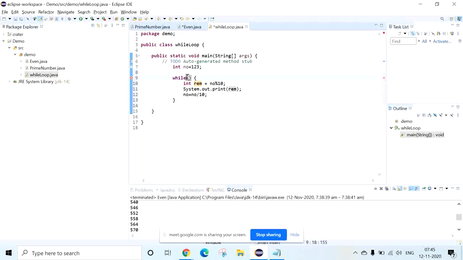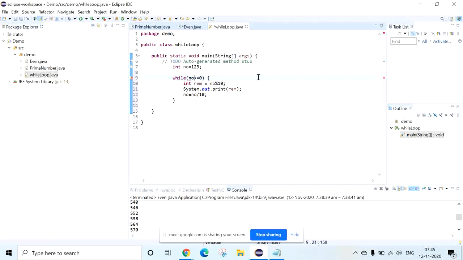Then when 1 is divided by 10, you will get 0.1. Now what condition do we need here? If the number is floating point, we can give multiple conditions. The number should be greater than or equal to 0. This condition will work.